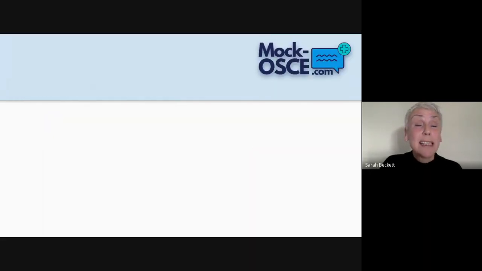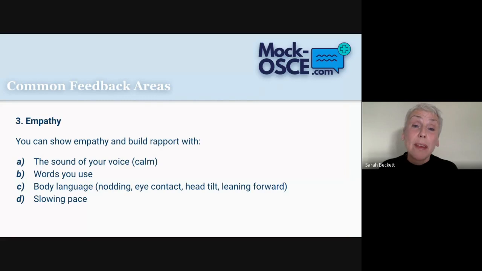As has been previously stated, you can also use empathy and build rapport with the sound of your voice, keeping it calm, the words you use, I'll talk about that at the next point, and your body language: nodding, head tilts. I mean, women very often will head tilt naturally, men less so, keeping good eye contact, leaning forward, and attentive listening. And this is really important for an OSCE, by simply slowing your pace, especially if you know you